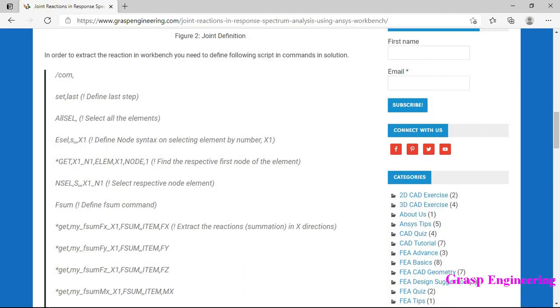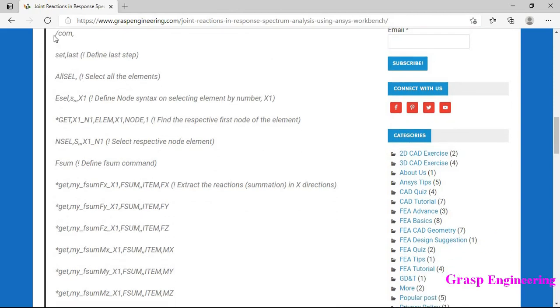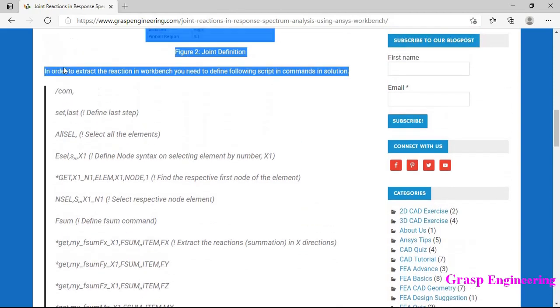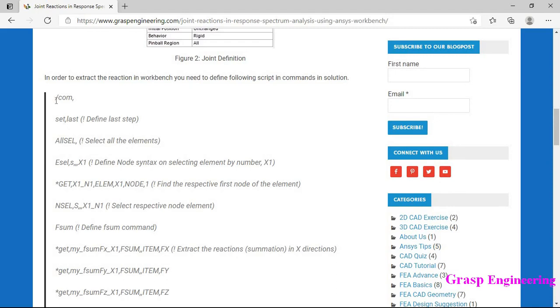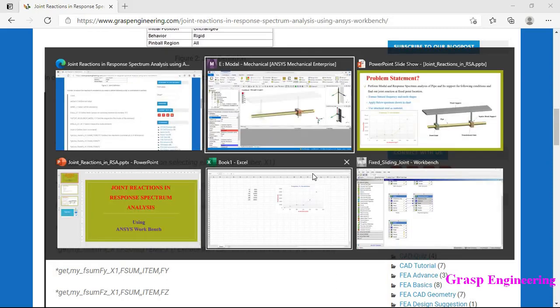So what I will do, first, let's see the column, and here instead of going through this script, let's go to ANSYS.